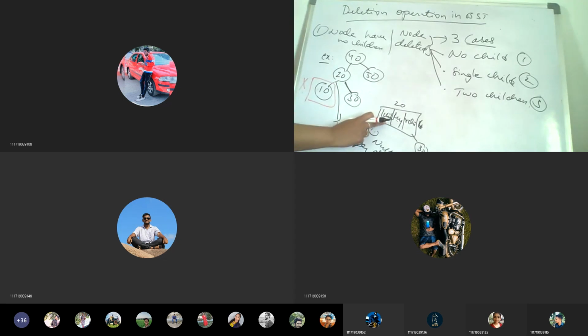The key 20 has a left child and a right child, and the left child data is 10. Instead of 10, if we make the left child null, that means it is deleted. So directly we are removing the connection between its parent and the node. That is the deletion of a node with no children, the first case.